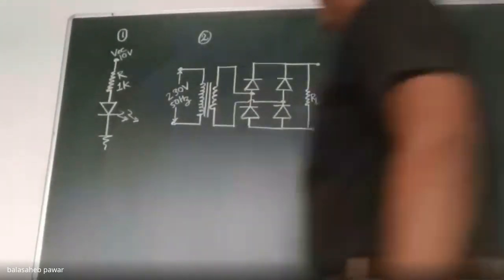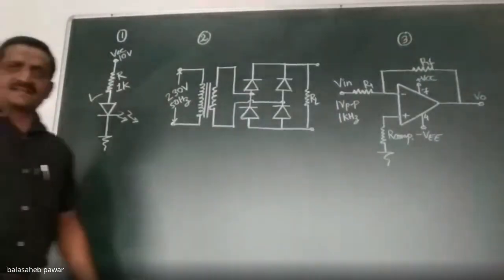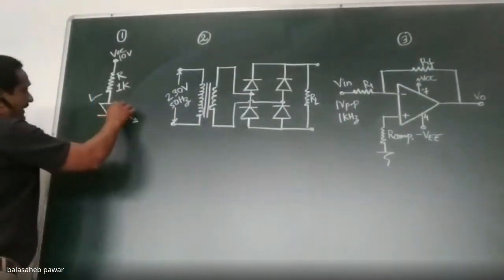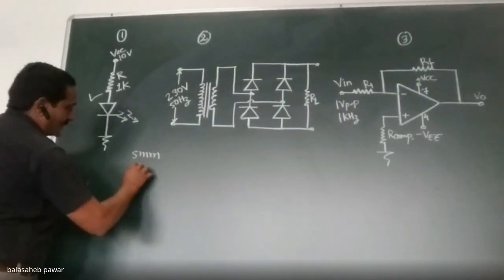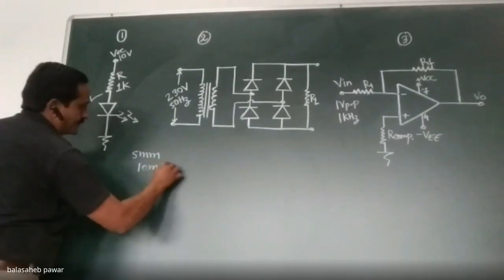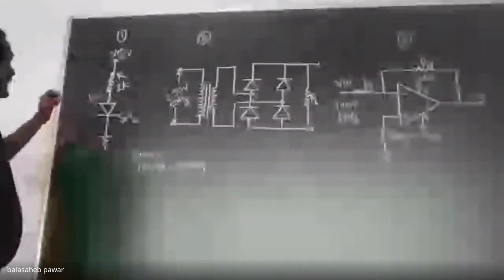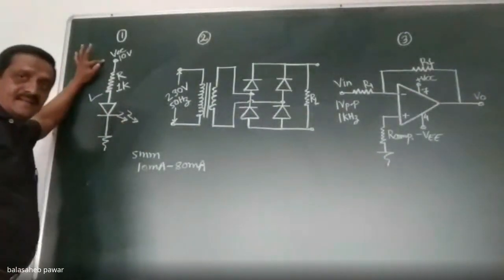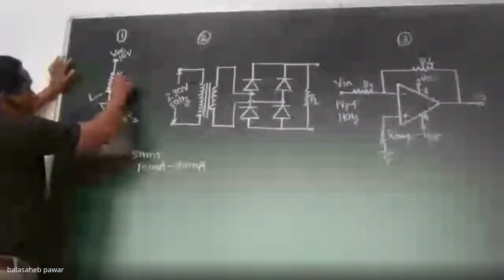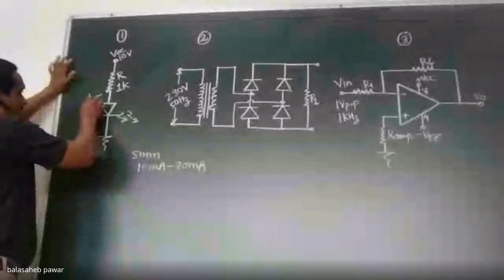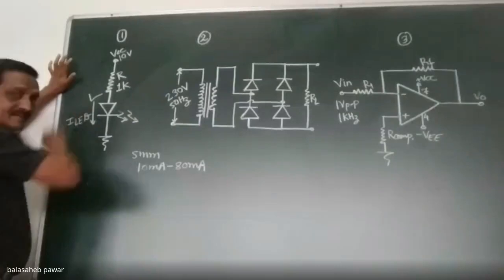As per the first circuit diagram which we already discussed during our previous lectures, suppose a 5 mm LED is used, which can be operated from 10 milliamperes to 80 milliamperes. Already I told it, right? If 10 volts is applied as a DC source and a 1 kilo ohm resistor is preferred, you can easily find out how much will be the I of the LED, that means the LED current.